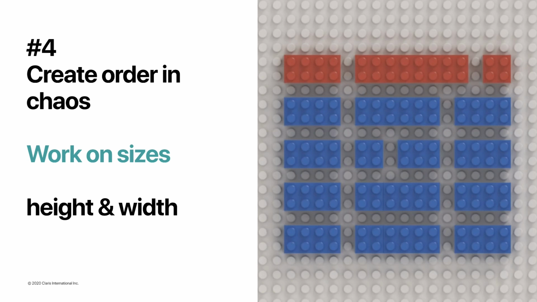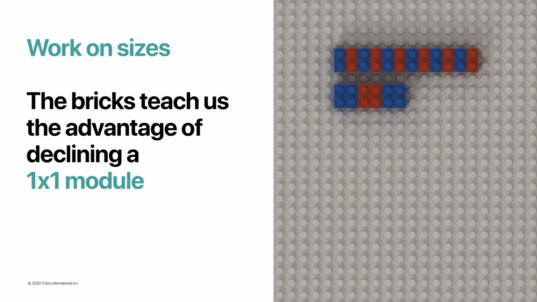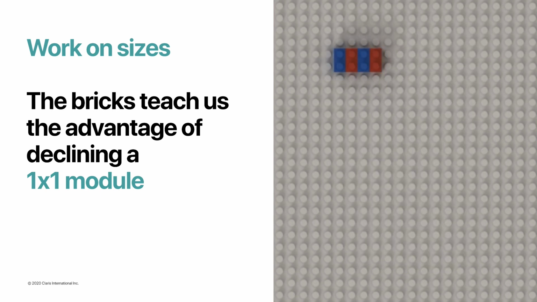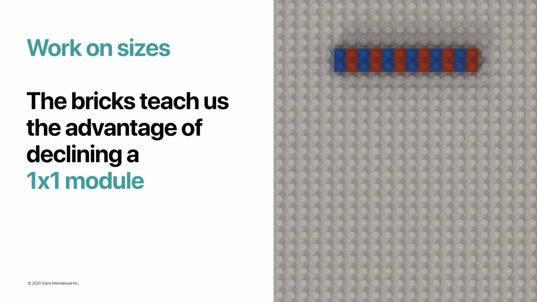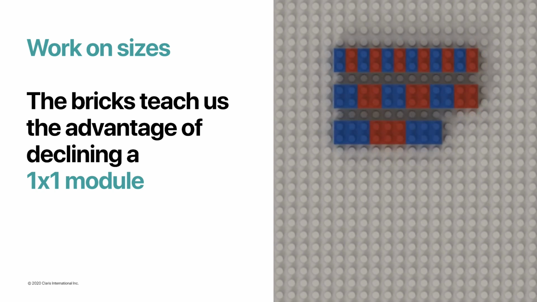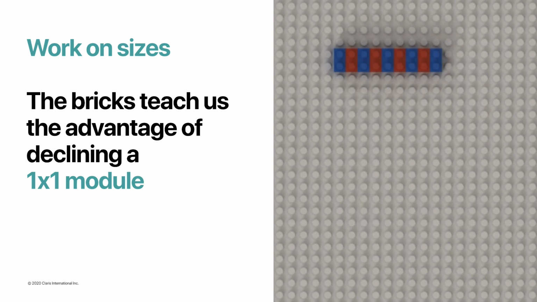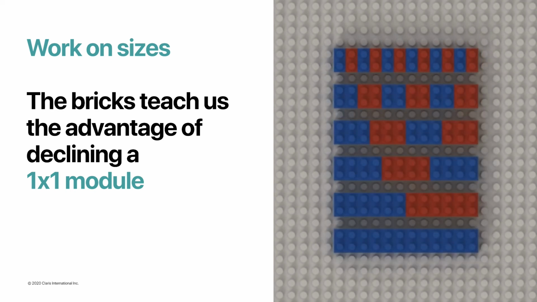Alignment cannot be perfect without working on the size of the objects. We have previously seen the importance of heights for vertical alignment. It is obvious that horizontal sizes, lengths, are also important. Assembling the plastic bricks is simple at first because the sizes of all these bricks are a multiple of the initial 1x1 module. You can play with 2x3 or 4x8 bricks and many more. And everything fits together perfectly.